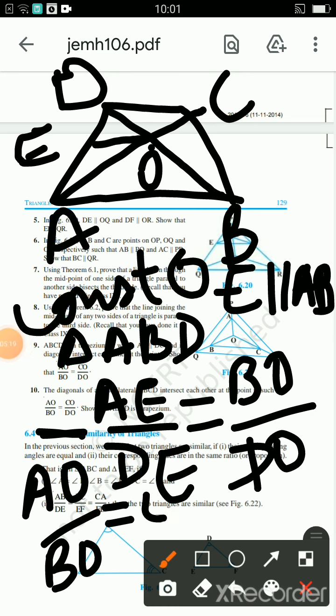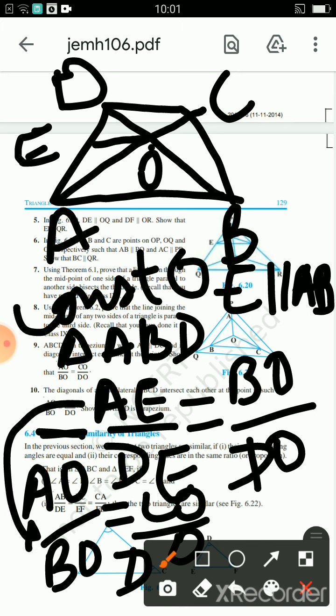And from the construction you got AE upon DE is equal to BO upon DO. So when you bring BO to the numerator of the right hand side, you get BO upon DO is equal to AO upon CO. On comparing these two results,